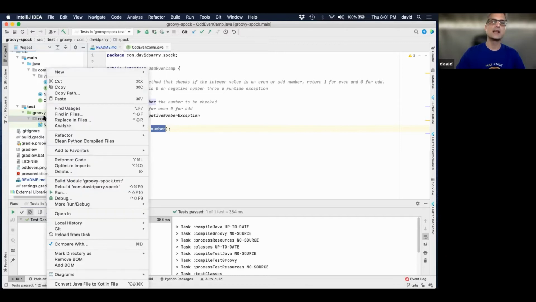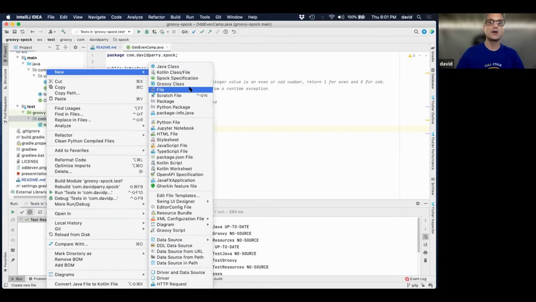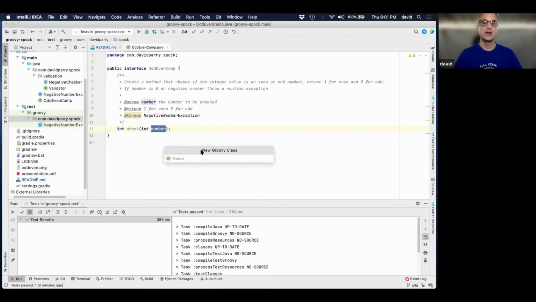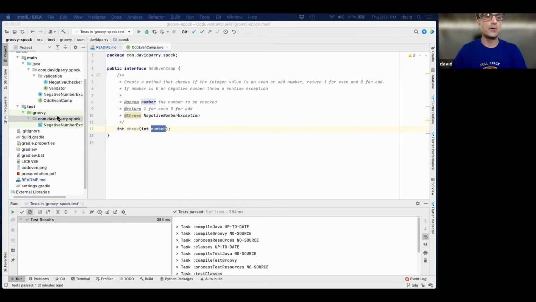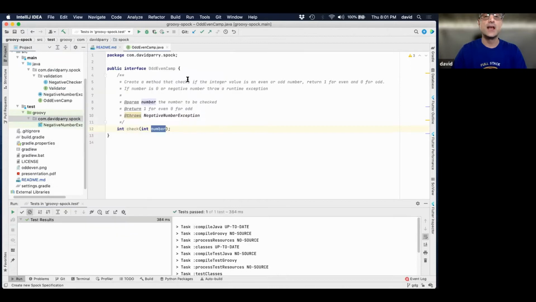So I'm just going to right click here because I'm a little lazy. You can create your own Groovy file on your own, the Groovy class, and extend, or you can use an IDE plugin. I'll use the Spock specification, and it's just going to add in the plugin. What I wanted to show is you can do it either way. It's just kind of a nice thing to do this.